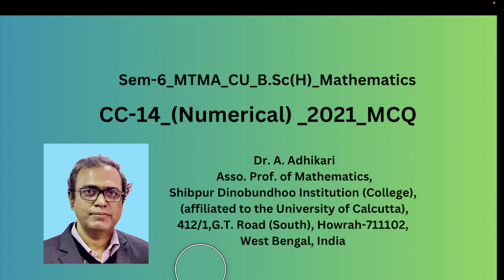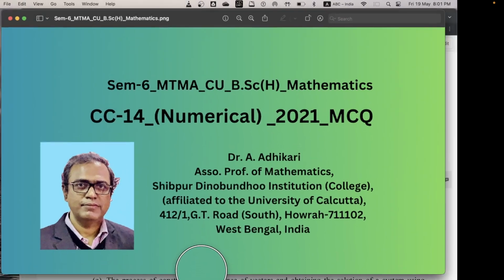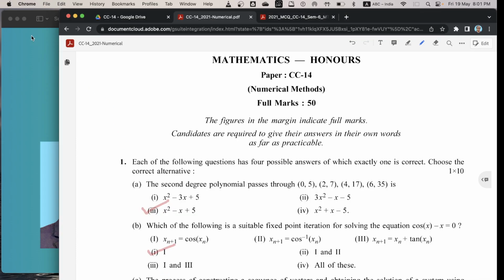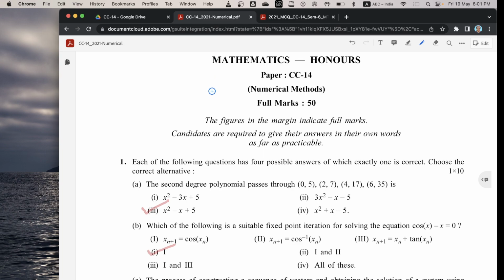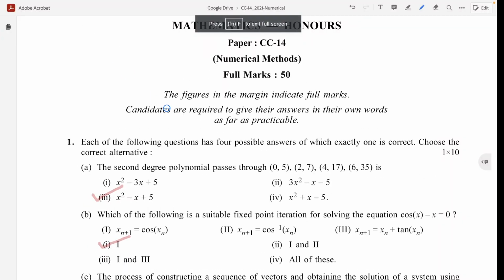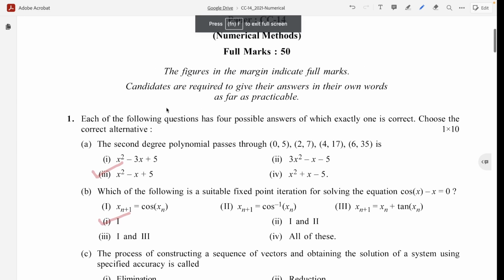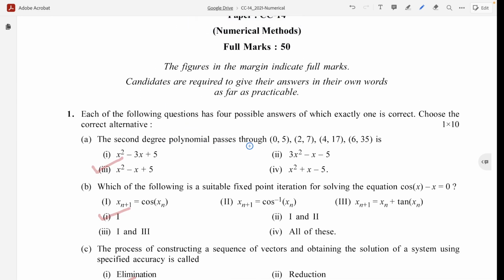Today we discuss Mathematics Honors Semester 6, University of Calcutta, paper CC14, Numerical Methods, 2021, MCQ. First question is: a second degree polynomial passes through these 4 points (0, 5), (2, 7), (4, 17) and (6, 35). Option 1 is 2, 3, 4. Correct option is 3